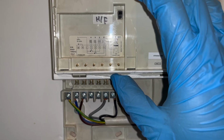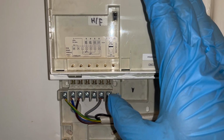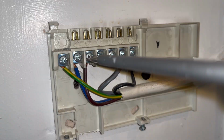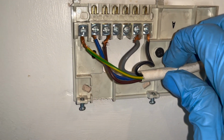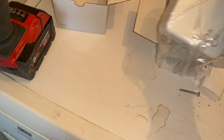the wires. So on the left, we've got our earth, neutral, live, and then our gray cable is for our hot water demand, and then the black cable is for our heating demand. So the first thing we're going to do is remove all of these cables, and yes, this is an S-plan, meaning that we've got two separate zone valves, one for hot water, one for heating, but then we've also got an additional zone for upstairs radiators because the house is quite big,